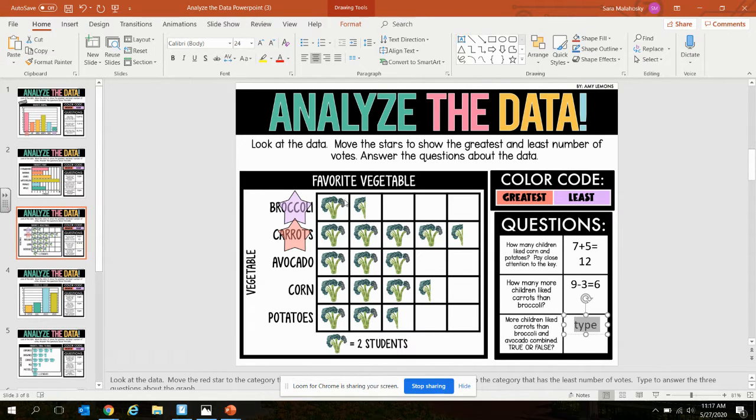Carrots, let's just count the pictures. 2, 4, 6, 8, and 1 more. So that's 9 children like carrots. How many children like broccoli? 2 and 1, that's 3. So 9 plus 3 is 12. And then,